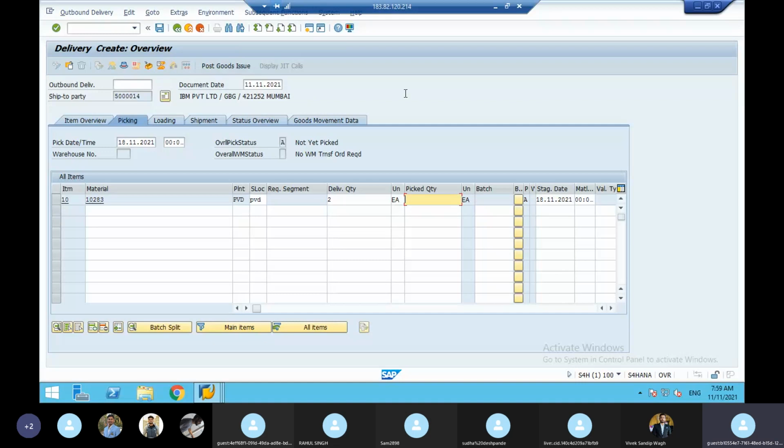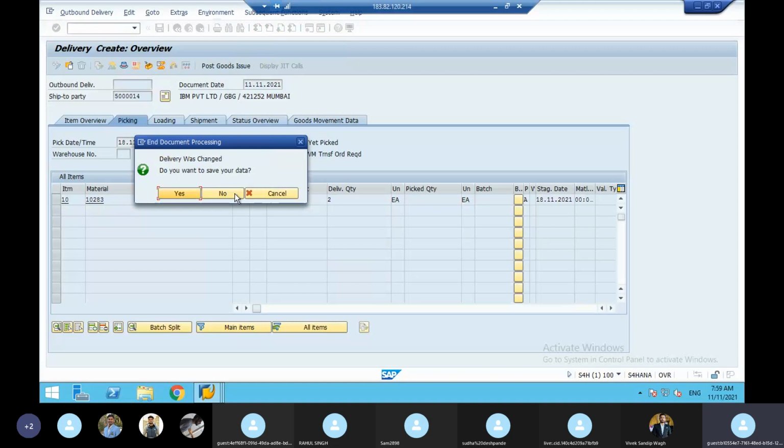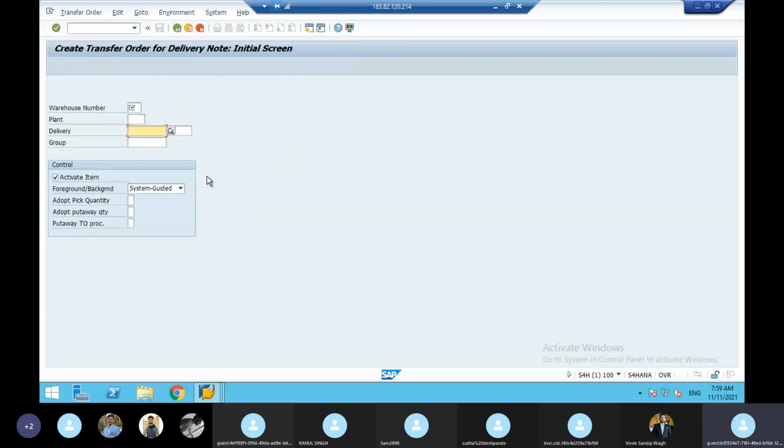That is why when you are going to create a transfer order, MM people have to do the warehouse settings. See here, we'll create a transfer order. Here, if you give the warehouse number, plant and everything, automatically one more column will come, warehouse. If that column does not come, the MM setting is not done. The moment you click transfer order, you will get a screen like this.